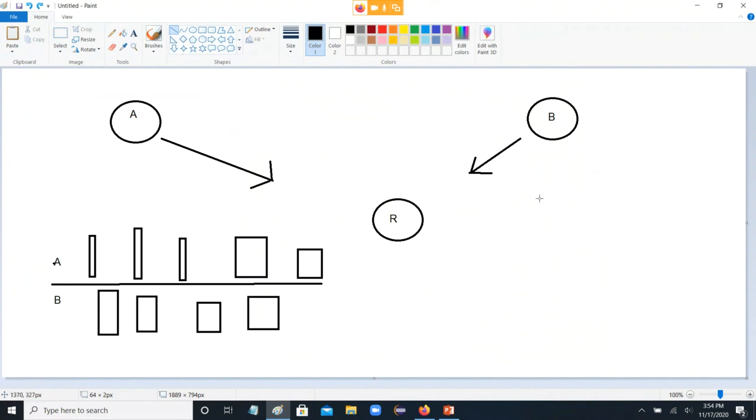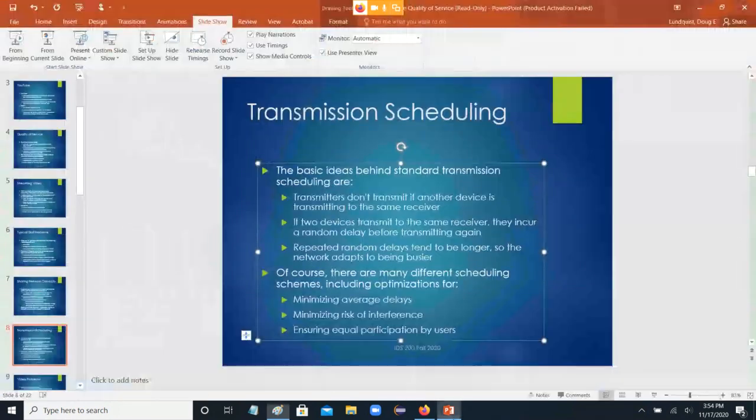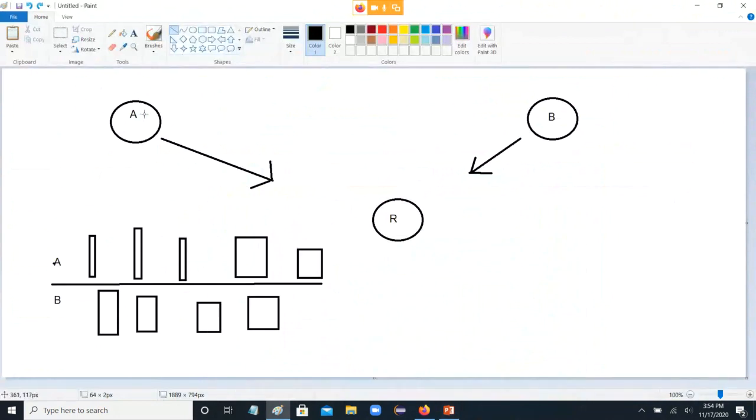Okay, so A and B essentially agree to take turns. They agree to follow the rules and not just try to transmit whenever they can. So what's going to happen? A and B are going to listen. They're going to listen to the network, and if they sense that another device is transmitting to R, they're